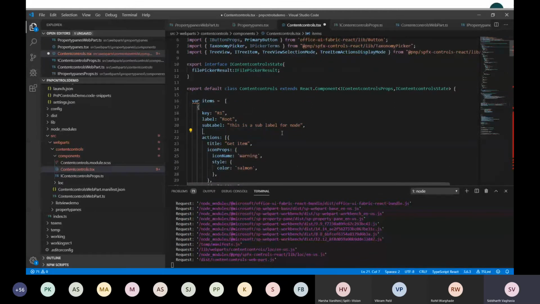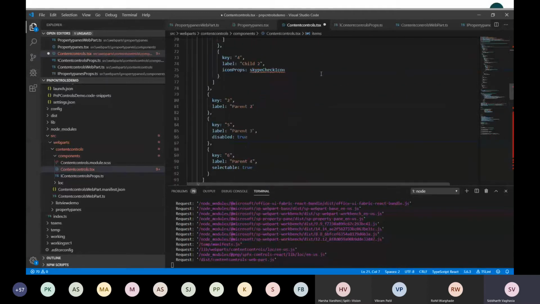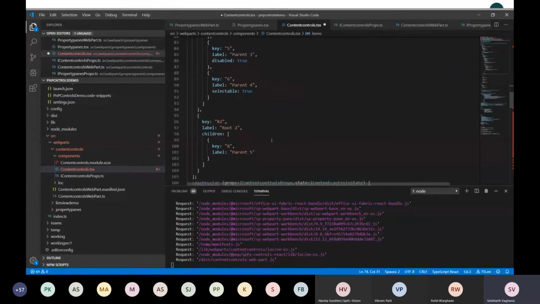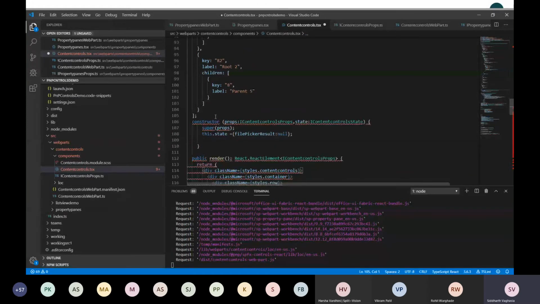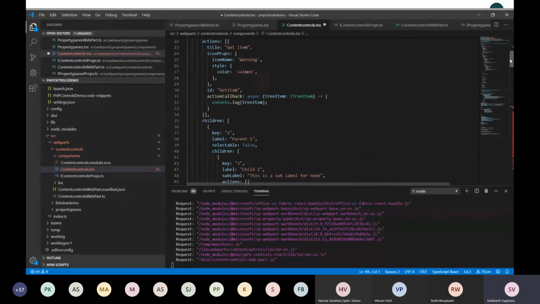Okay, I don't need the icon. So this also allows you to override the default icon which has been displayed if you want to override it. But I don't need that, so I'll just delete it.